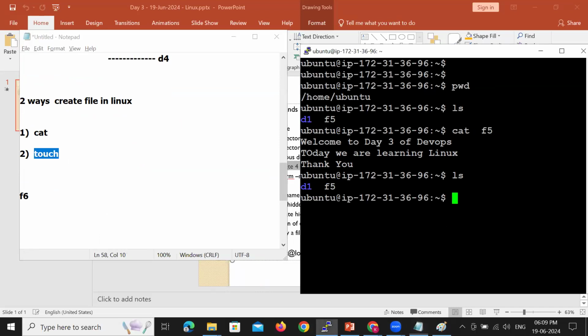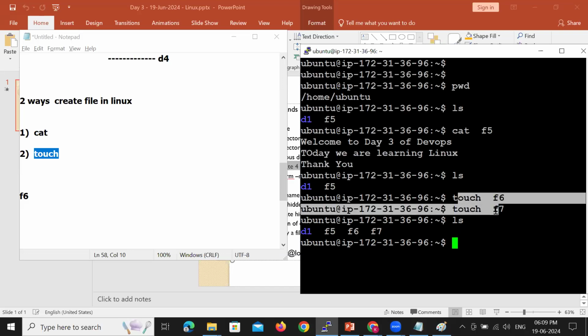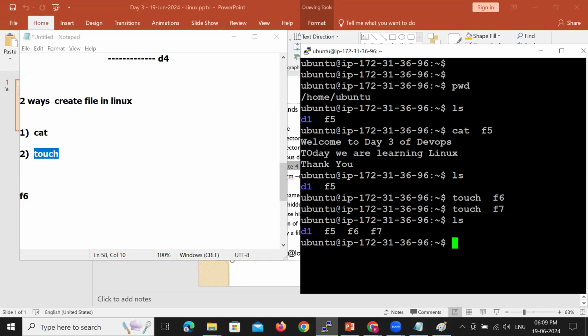Touch, then mention the file name you want to create, F6. Done, the file got created. I want to create one more file, F7. Touch F7. File got created. LS. F5 is the old file. F6 and F7 are the two new files which we have just created by using the touch command.